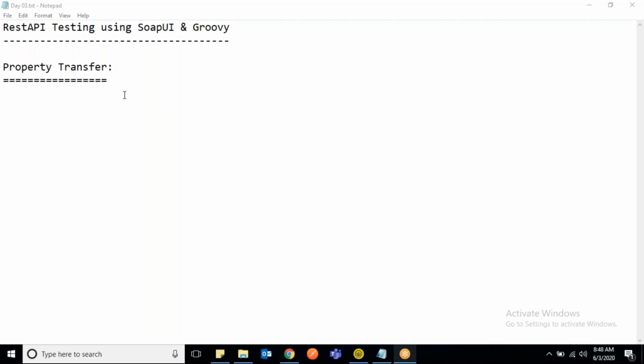Morning. Today we'll talk about property transfer, why it is required, and the concept behind it. After the property transfer, we'll also start the assertions in this session. First question: we talked about properties. We saw how we can define properties at what level, and how to access those properties to parameterize our test wherever required. So property transfer is something